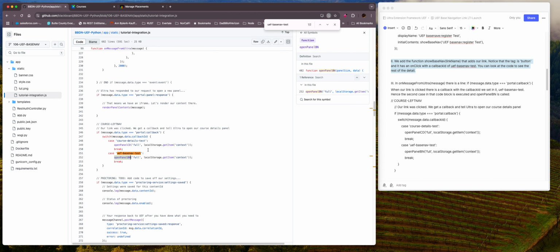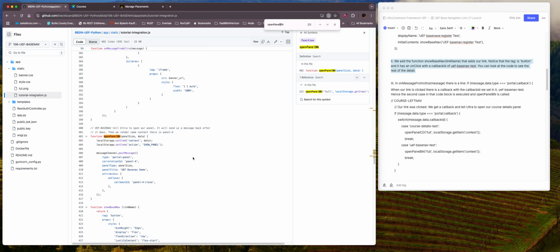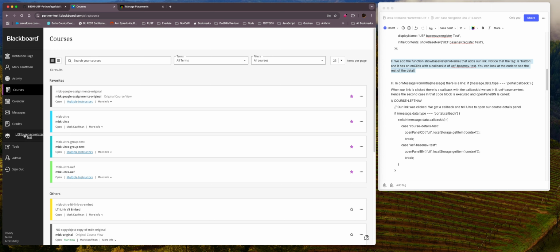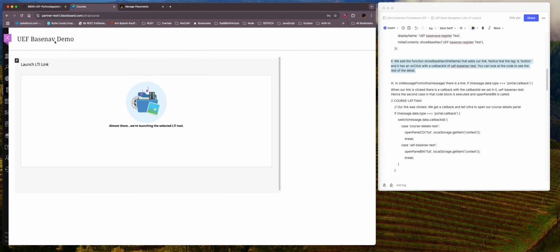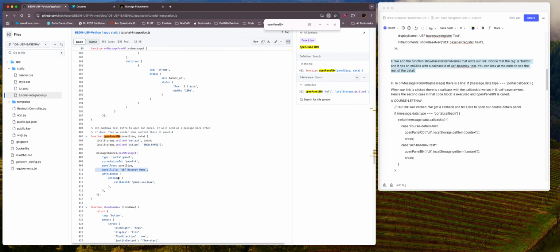So if we look at the open panel BN code, that BN stands for base nav, and you need an L in there. What that's going to do is post a message to create a panel, and we're going to call the panel 4, and it's our base nav demo. And if we're on our courses and we do this, you'll see there's the UEF Base Nav demo, the title. So we pass that title, and then if we look at panel 4,